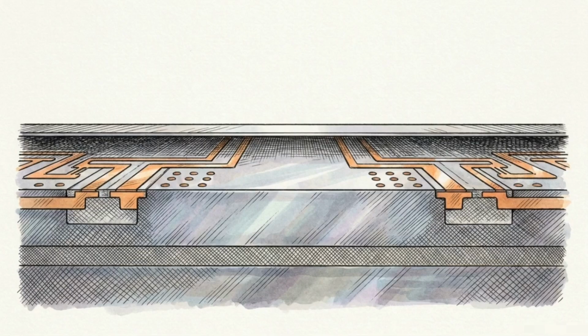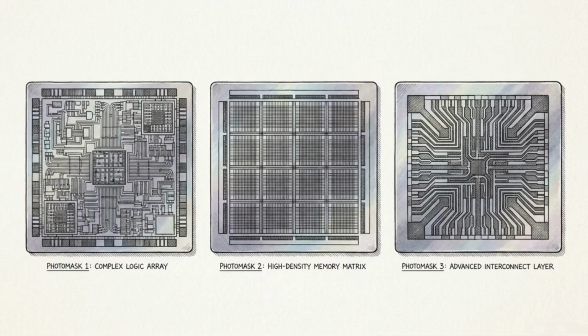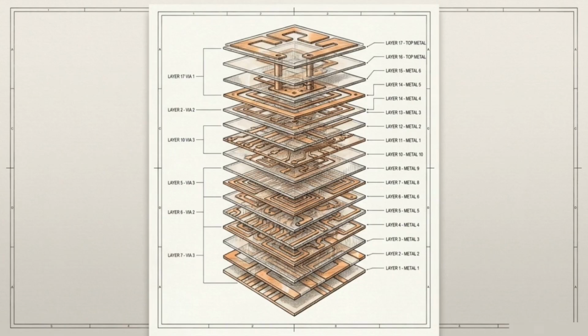The completion of CMP marks the end of one cycle. Immediately, this exact loop begins again, using a different photomask layout for the next vertical layer. To build out the 17 distinct layers of wiring, a single CPU design requires 80 unique photomasks, and 80 passes